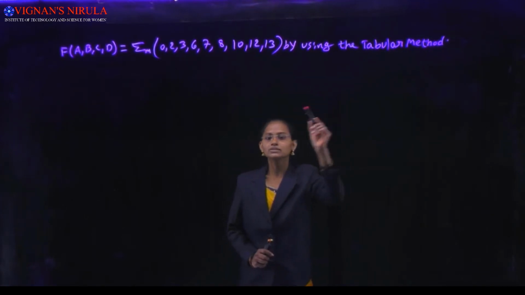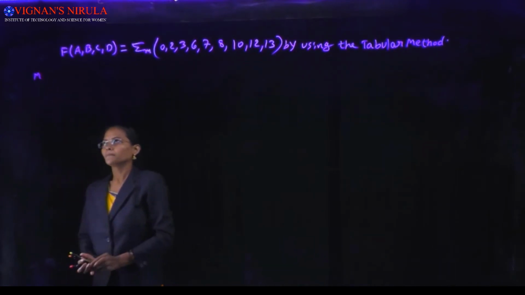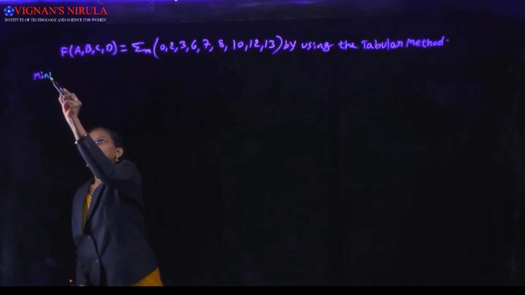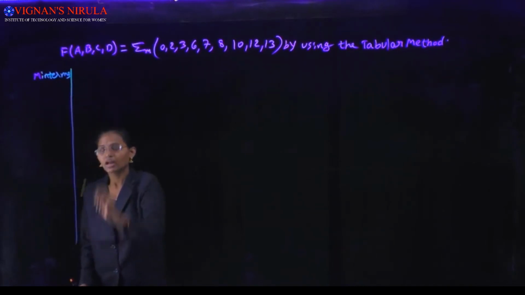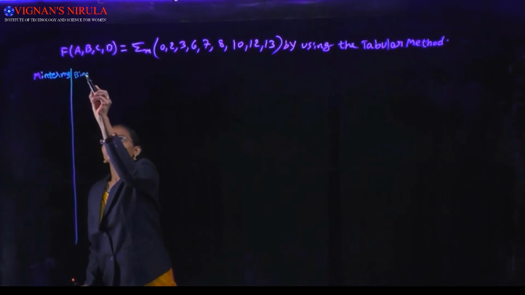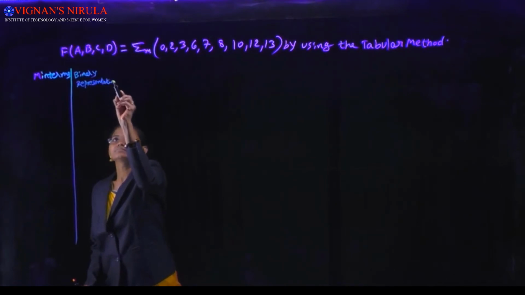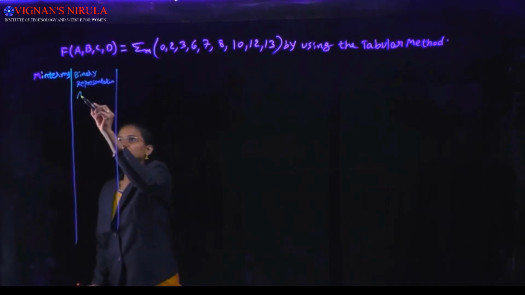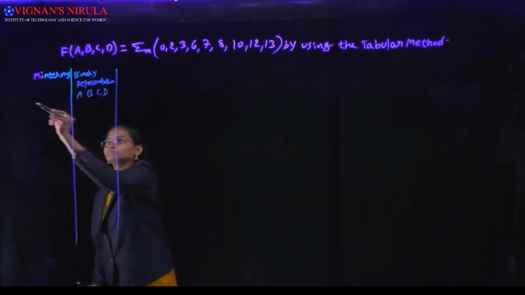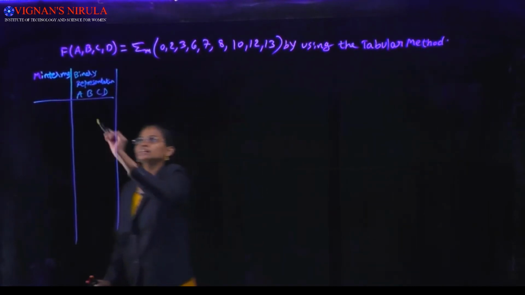First we write down all the min terms and binary representation. In min terms, the given input variables are A, B, C, D. First we write down all the min terms. The first min term is